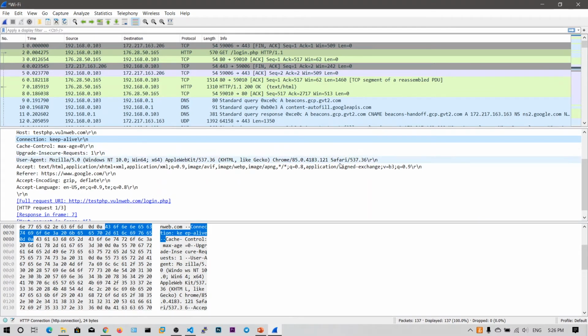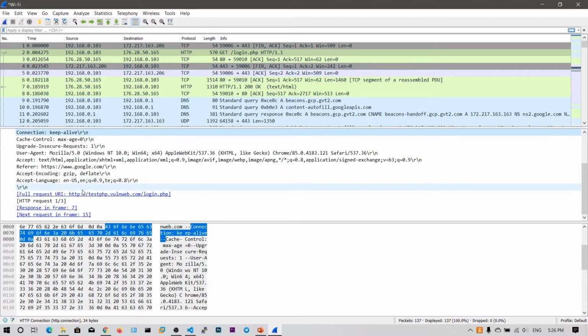Okay, I'm using Chrome, and I want to accept the format as text or HTML. Since browsers accept only HTML-like web pages, I'm telling the server to send me the response in the format of text or HTML. You can see the accept encoding here. Accept language is English, so I want the English copy of the login page.